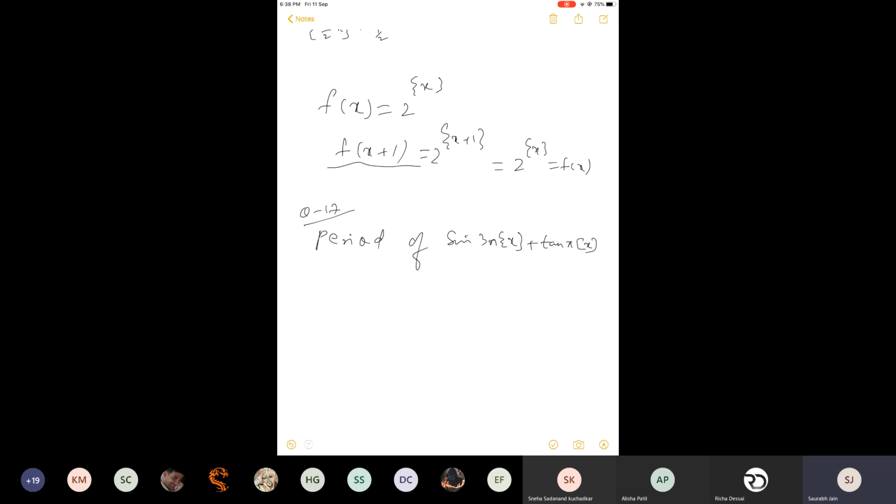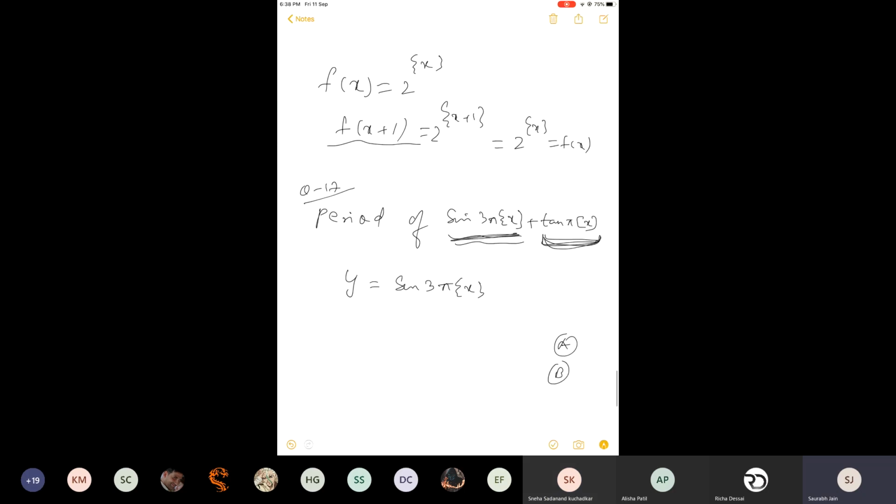Now, same thing. Is it trigonometric or fractional part? It is composite. It is trigonometric or greatest integer. It is composite, so it may be periodic. Now, one more thing. Use trigonometry and reduce the question to here only. Who can tell me what is the reason? So tan pi is 0. Yes, tan pi is 0. That is correct. So now you are left with this only, and the options are 1, 2, 3 and 5.